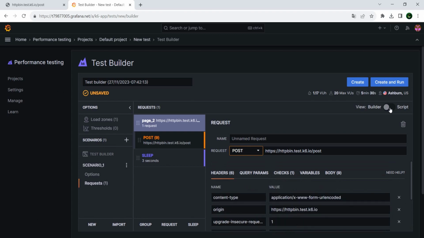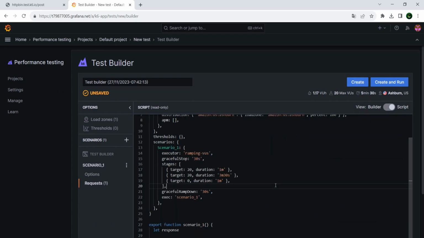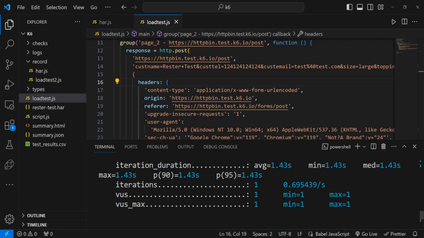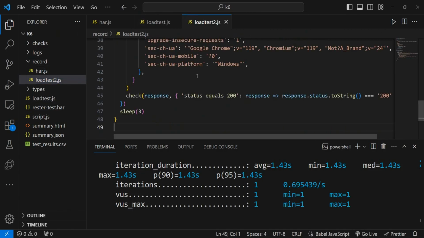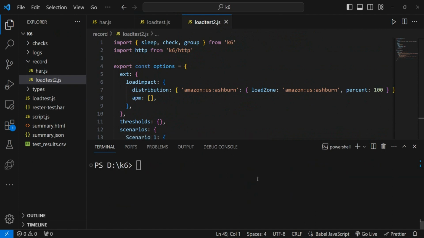And once we are satisfied, we can have a look at the script, and we can either create and run the script from here, or we can just copy this and paste it in our project. And to see if this runs as well, we can do k6 run,